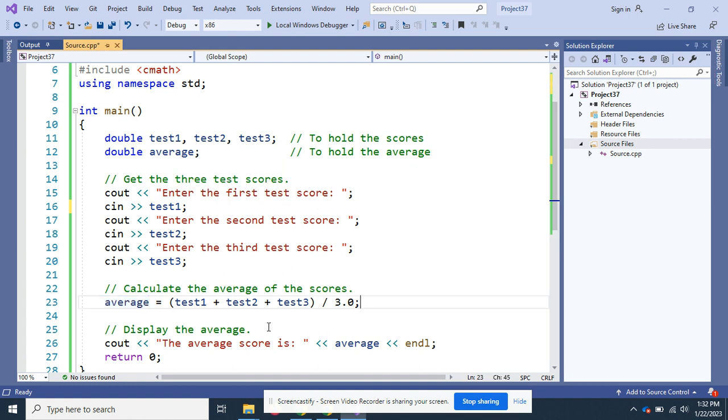Then the last thing that's going to happen, after it assigns it to average, is it's going to cout, the average score is, with a space, and then it's going to cout the average. So this is the first interactive program we've had. Everything else has been hard-coded into the program. This one's actually going to do something.